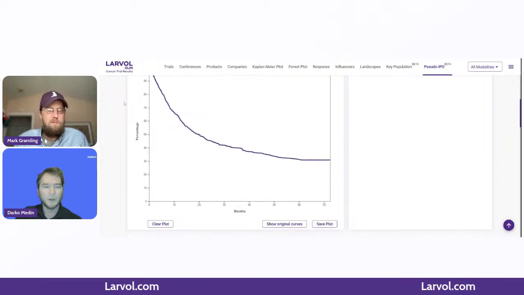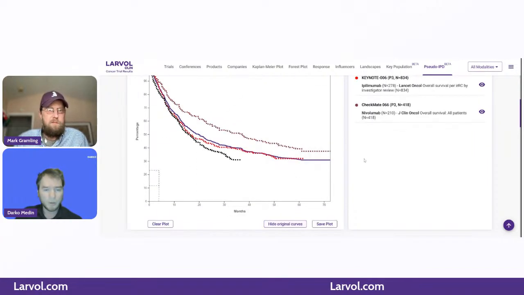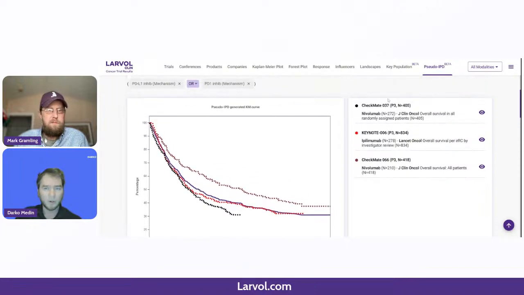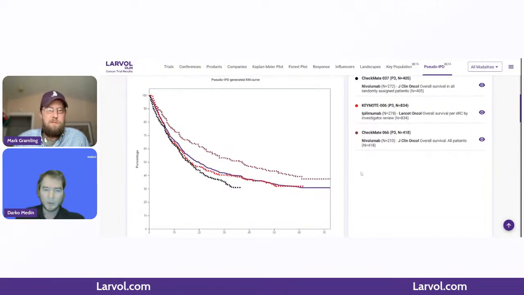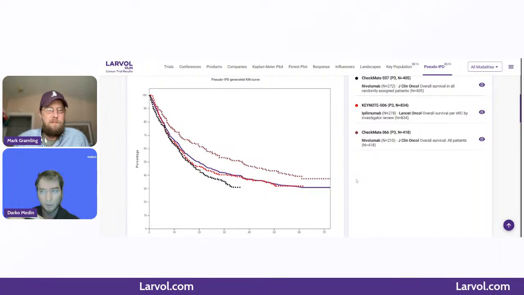And we can also show the original curves to see the trials from which the pooled curve is created and reconstructed from. So again, mentioning one very important thing, this is now reconstructed data, which is trying to be reconstructed as accurately as possible as the real data from these trials.